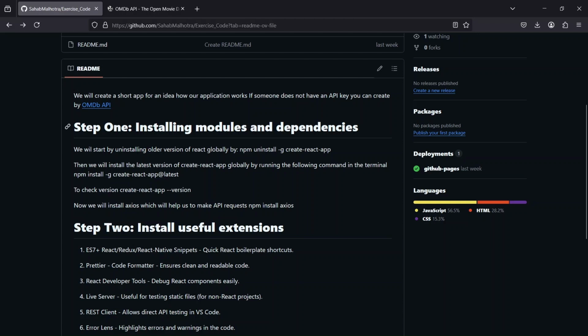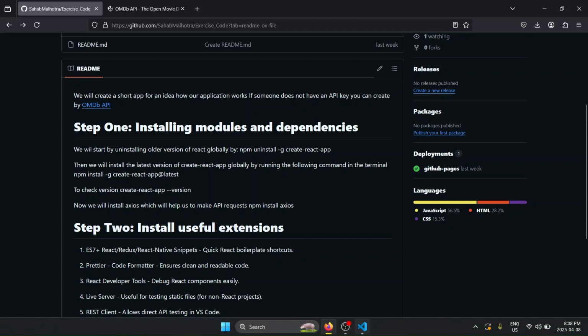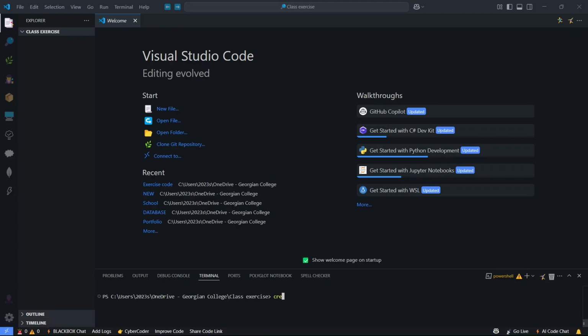Now we will do the installing of modules and dependencies. We will start by uninstalling the older version of React, because when I was doing this, I got an error because it was an older version of React. I don't want to take risk and I don't want you to waste your time on that. You can check your React version in VS Code. It is really simple. Open an empty folder in your VS Code, then open the terminal and check the version. If you're having version 5.1.0, which is the latest, then it is good. But if you're not having this,